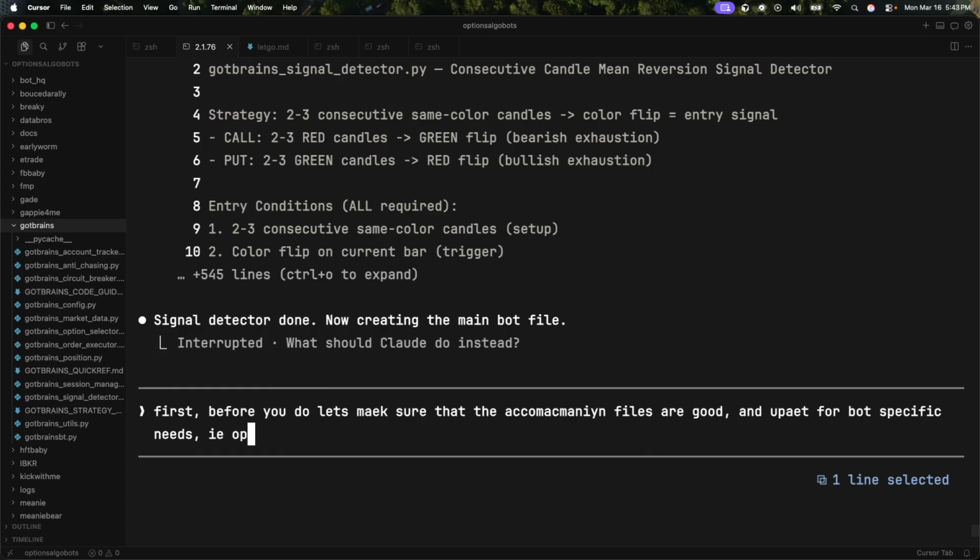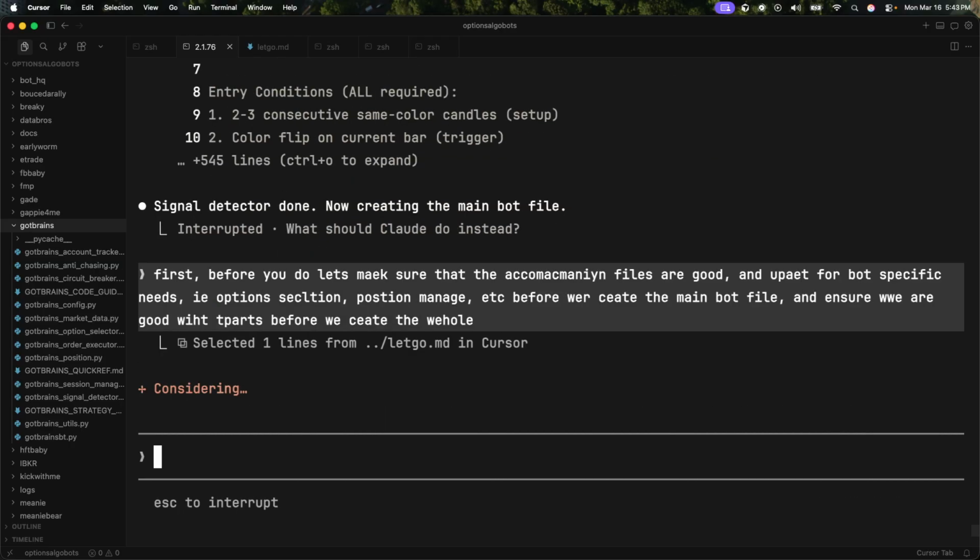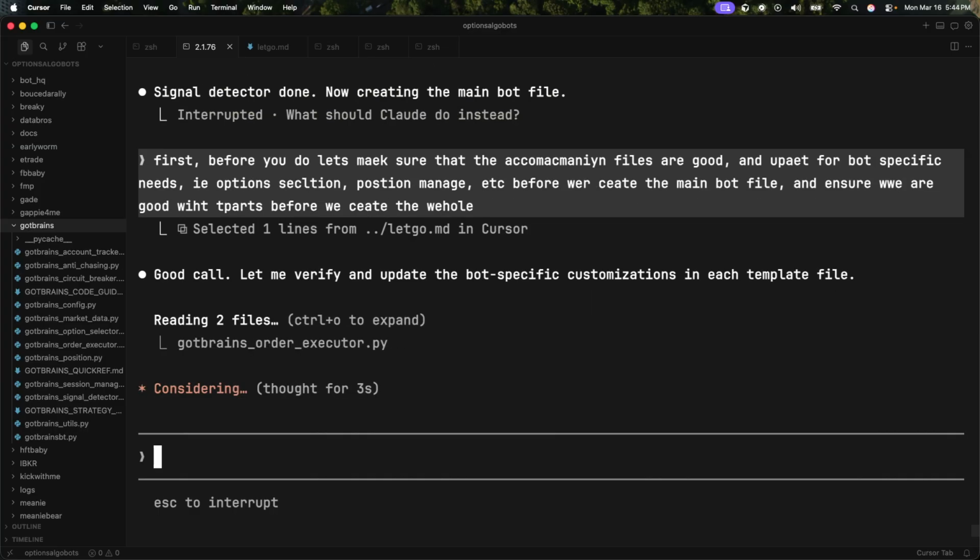I.e. option selection, position management, etc., before we create the real bot, the main bot file, and ensure we are good with the parts before we create the whole. I know that's like the same sentence twice, but whatever. That's a run-on sentence. And like another five minutes or so, bruv,